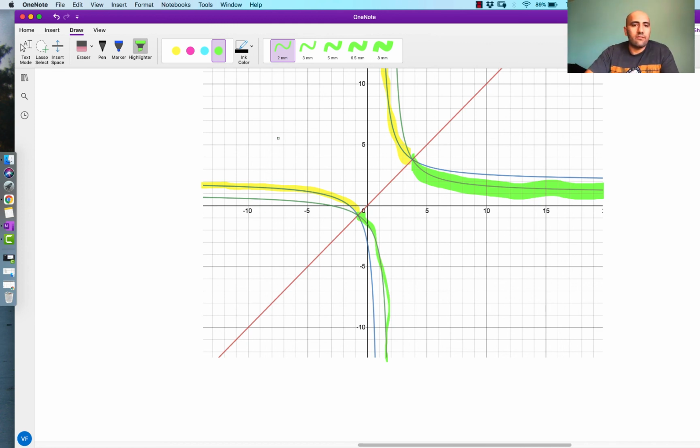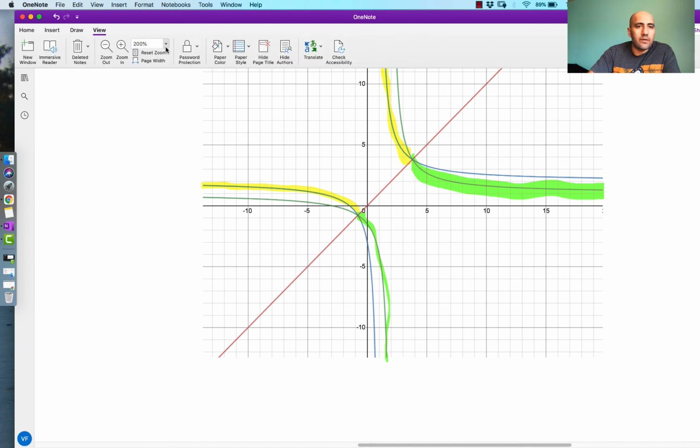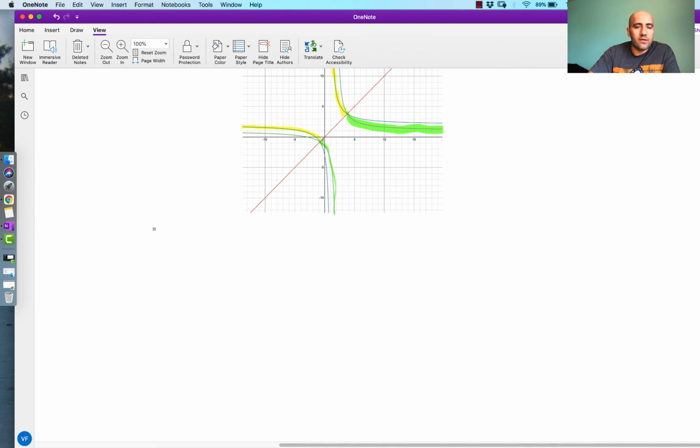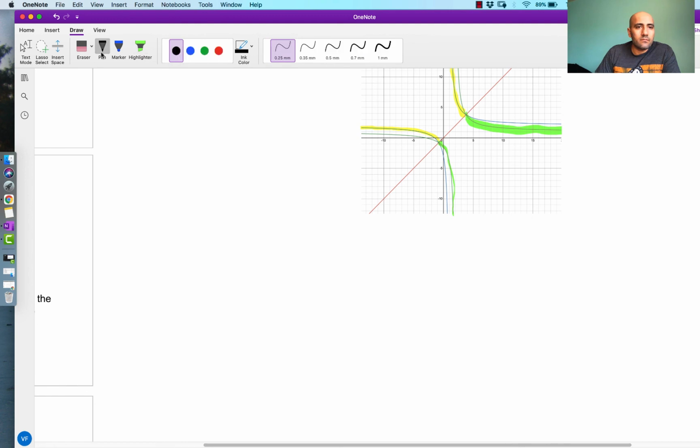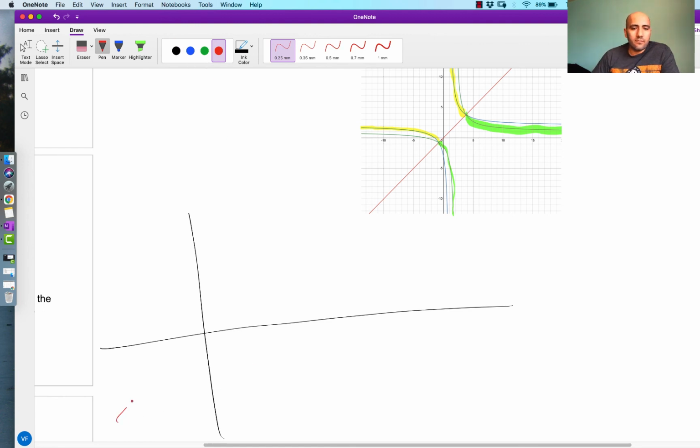I don't know if this did a great job of highlighting it. So let's do one more real quick example. Let me get back to normal screen size. So if I just had a graph that looked like this, and here is y equals x, and I was given some function that did this,